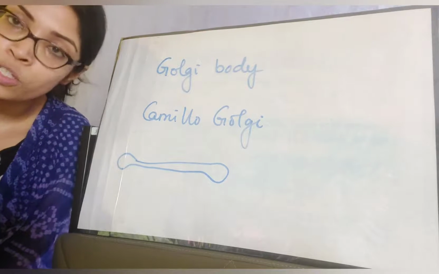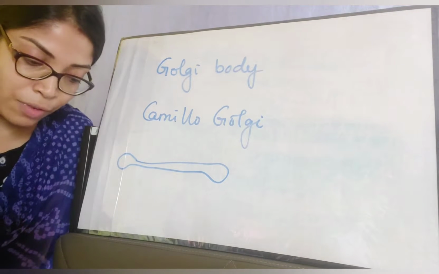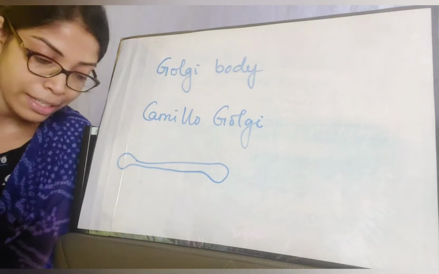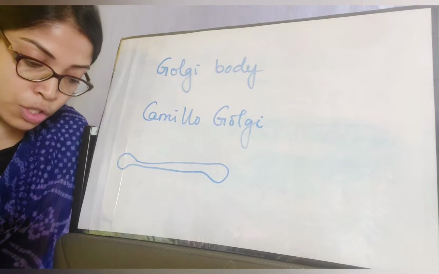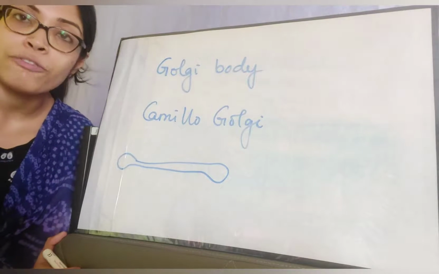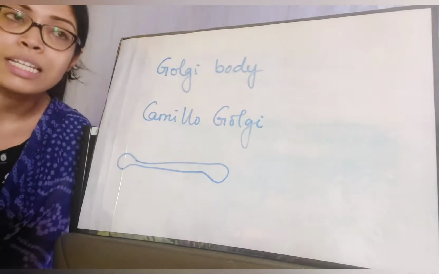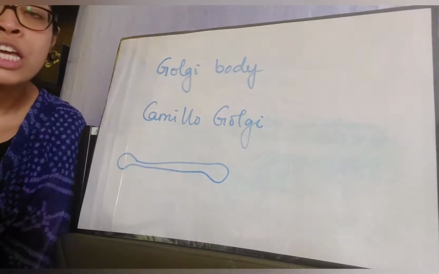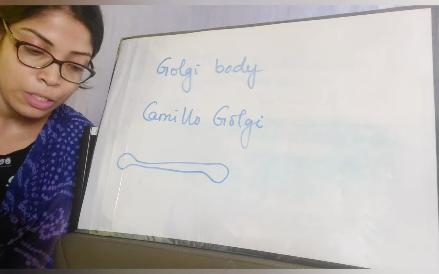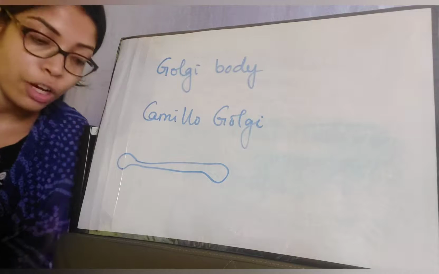The third function is formation of cell wall. In a similar way, the cell wall also is formed by the Golgi body. Next function is formation of lysosome. Now what is lysosome? About its function and structure we will talk later on. And the next function is protein secretion. So basically the most important function of Golgi body is to perform secretion, different kinds of secretion. It can be secretion of all that is necessary for the cell. It can be secretion for any adjacent cell, which will be transferred through cytoplasmic bridges or junctions between the cell walls. Okay, so basically, to say it in one word, secretion is the most important function of Golgi body.